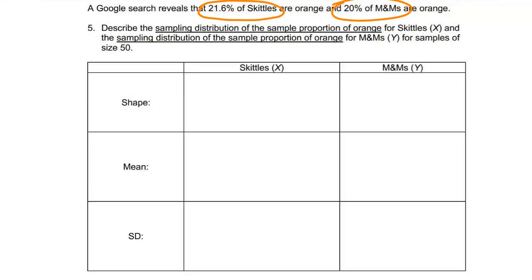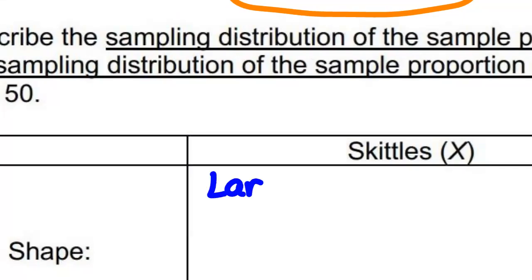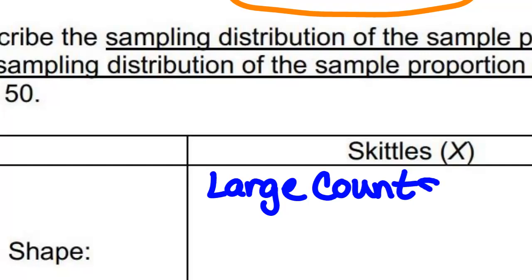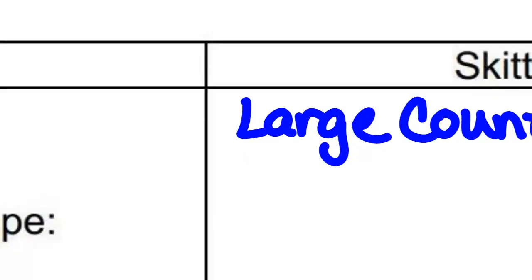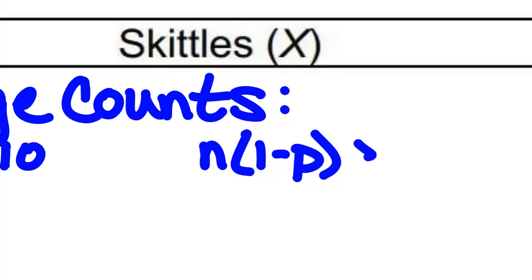So if I'm thinking about my population of Skittles being all Skittles, what do you think the overall shape would be? How would I check to see what kind of shape I've probably got? Large counts. If it meets my large counts condition, then it's approximately normal. So n times p needs to be greater than or equal to 10, and n times 1 minus p